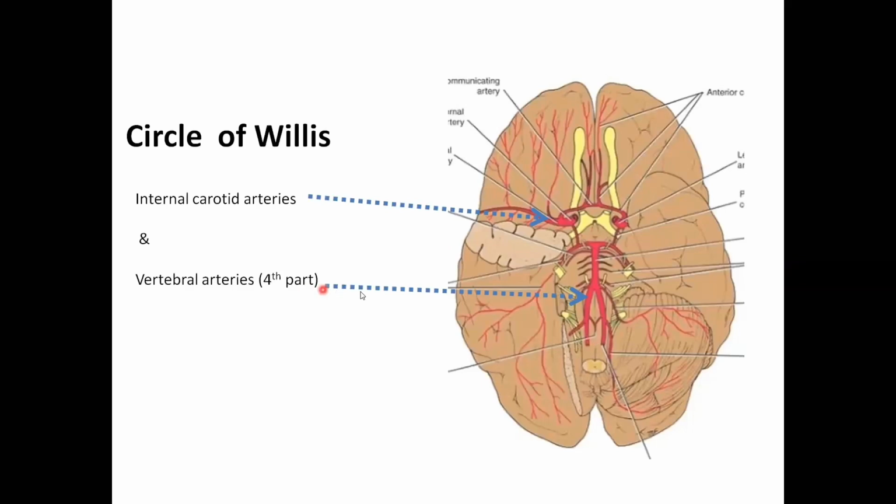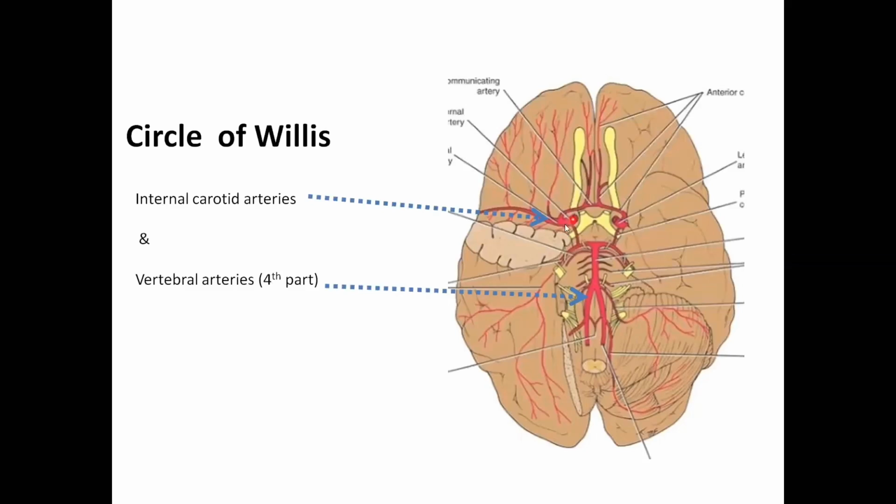So this is the vertebral artery, the fourth part. On entering the posterior cranial fossa, you can see that the vertebral arteries of both sides unite to form the basilar artery. This basilar artery lodges over the basilar sulcus seen on the ventral surface of the pons. And at the upper border of the pons, this basilar artery will terminate into the posterior cerebral arteries. The branches from the vertebral artery and basilar artery will supply the pons, the medulla and the cerebellum.